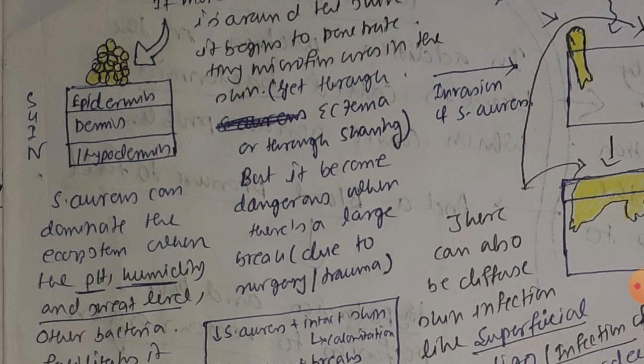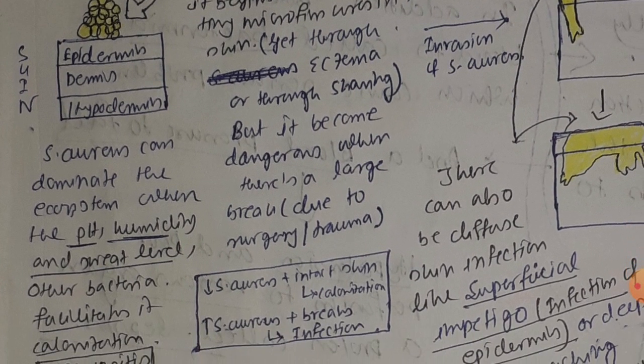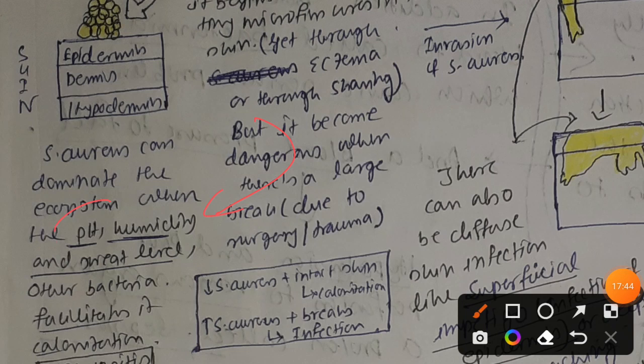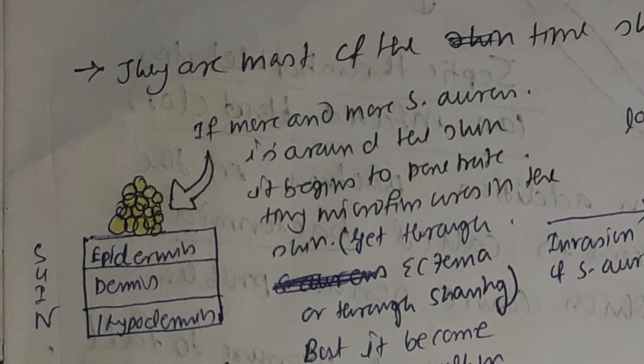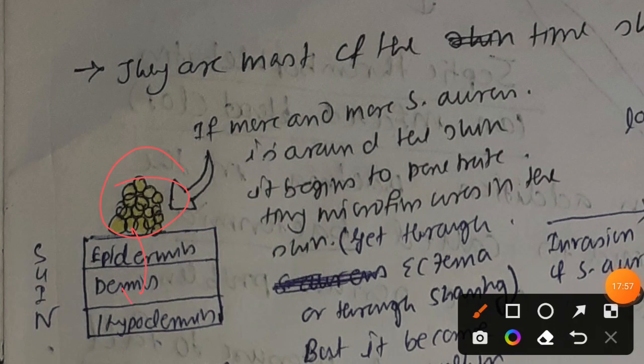So now under such circumstances they are normal flora, as I have told you, in the skin. They are not causing any kind of problem, but when the environment favors them, the pH, the humidity, the sweat level and other bacteria favor their colonization, they will increase their number. And once there is too much bacteria present, they will start to enter through the tiny microfissures